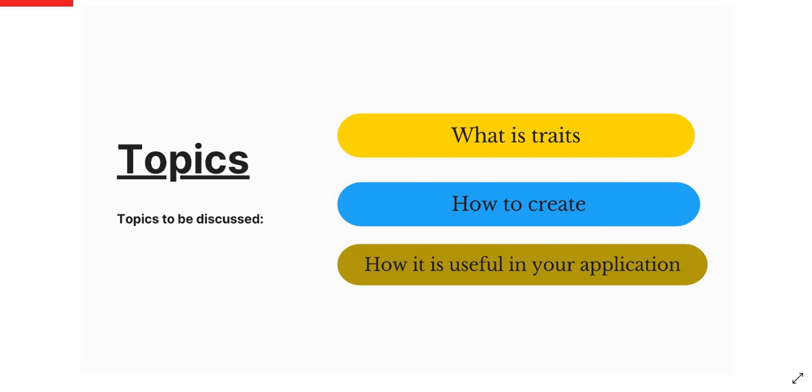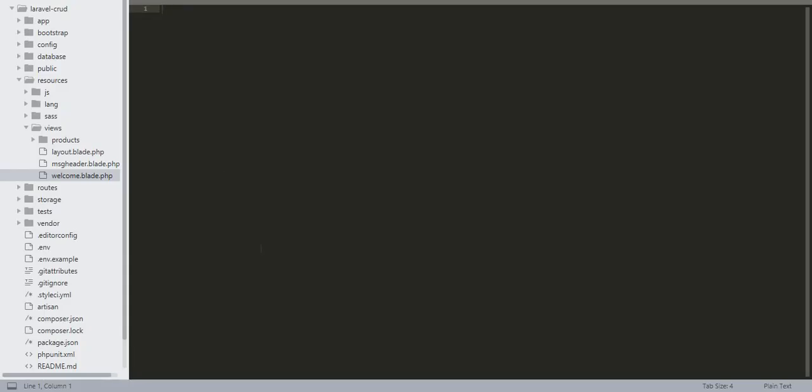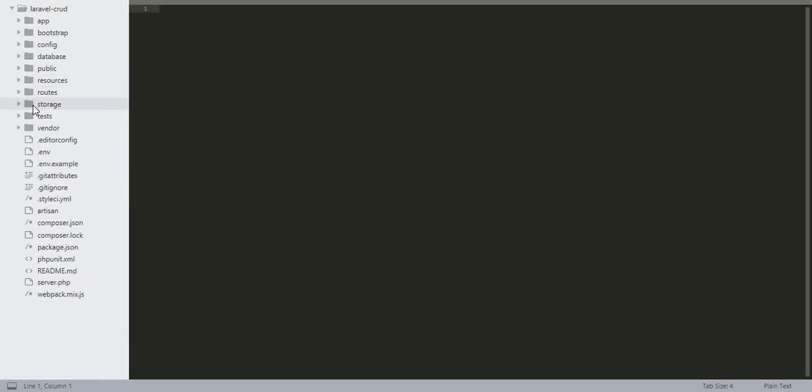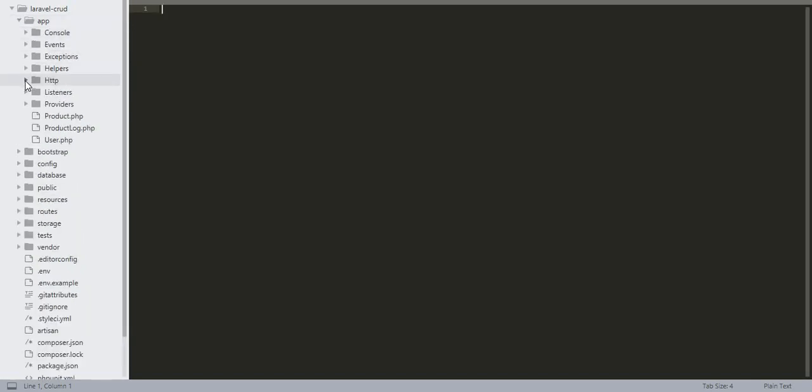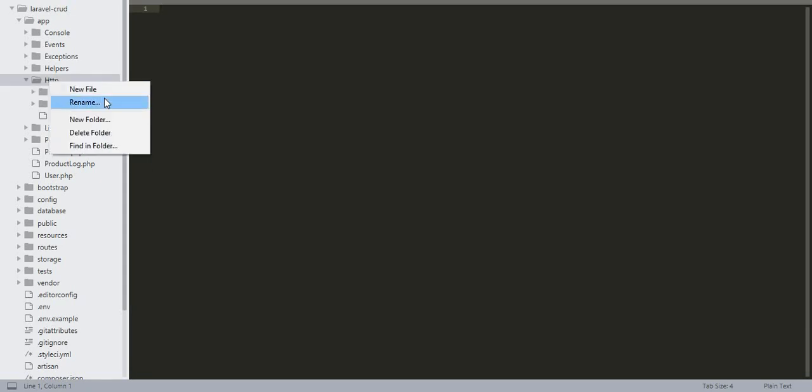Now let's move to our project folder. We are going to create traits inside app, http, and inside that we are going to create a new folder called Traits.